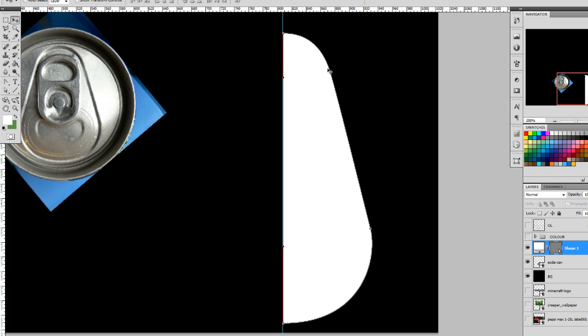so the next bit that we want to do is basically duplicate this shape here within the shape layer that it's in. Basically what I want to do is copy it and flip it so that it's an entire shape. So I'm going to come over across to the arrow tool. Now that's a direct selection tool, and what we want is the path selection tool, this black one,